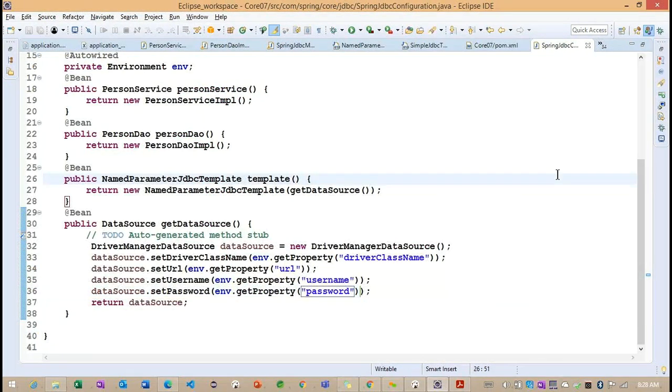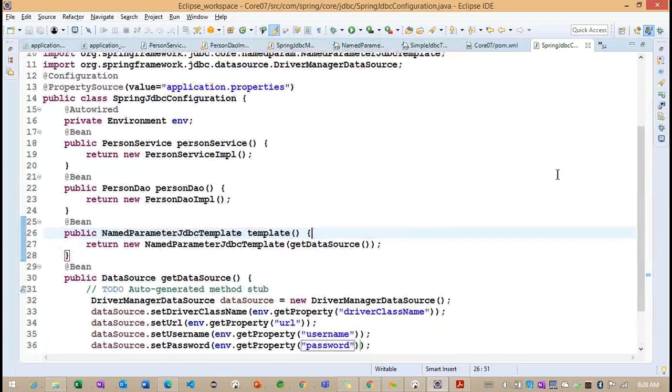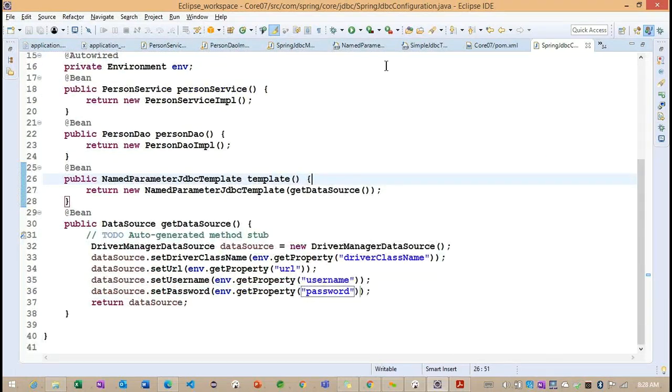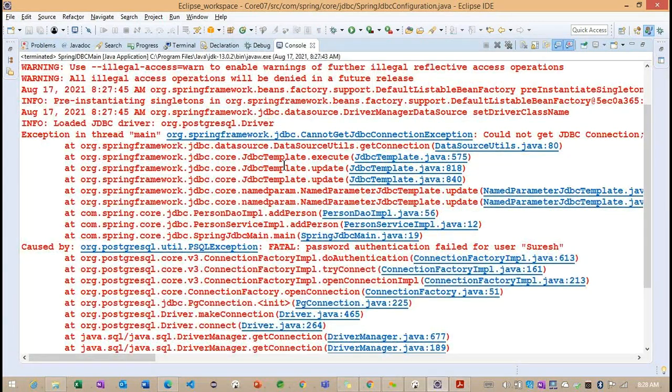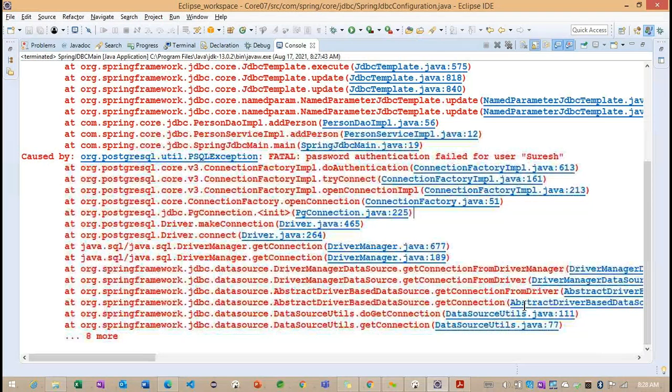Did we make anything wrong here? Driver class name, URL, username, and password. Okay, we'll see why it is trying to connect here. Where is it connecting? So JDBC template. Okay, internally it is JDBC template, get connection. So the driver class name, maybe it's going to pass with the same information.